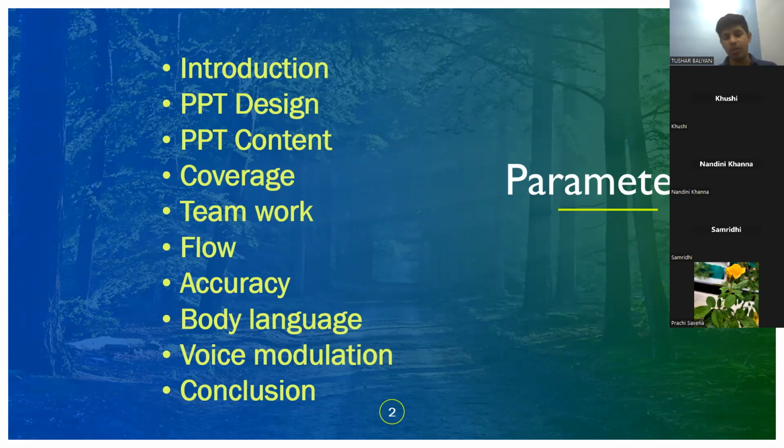So that also has a lot of importance when you work in a team, and working in a team especially matters when you go ahead in organization, as I have told multiple times. So the next thing is flow, which means your presentation is moving ahead in the right direction,